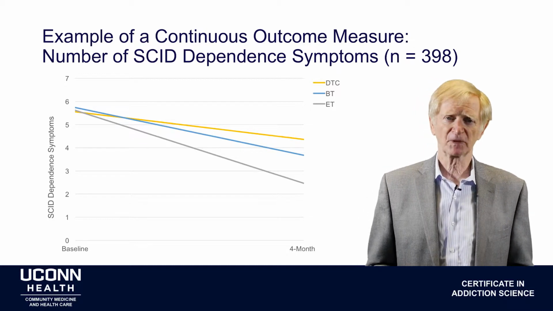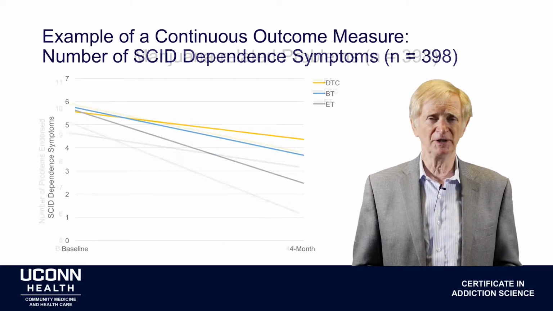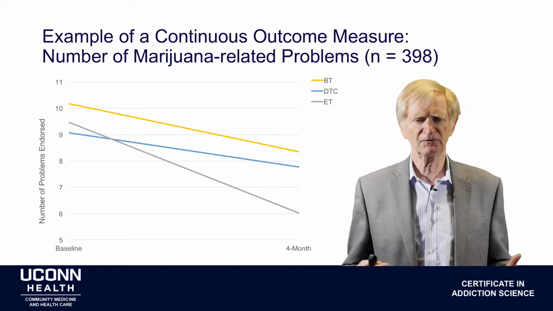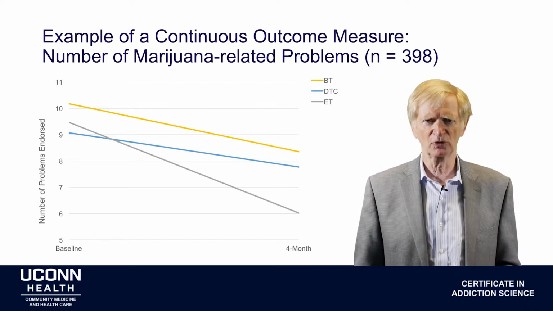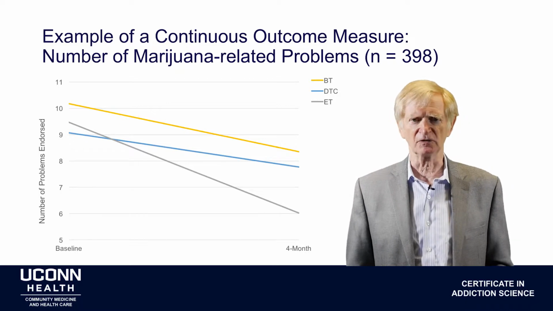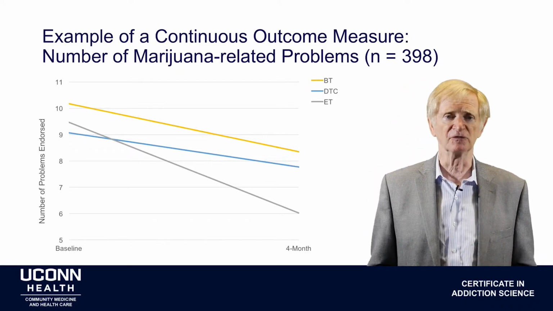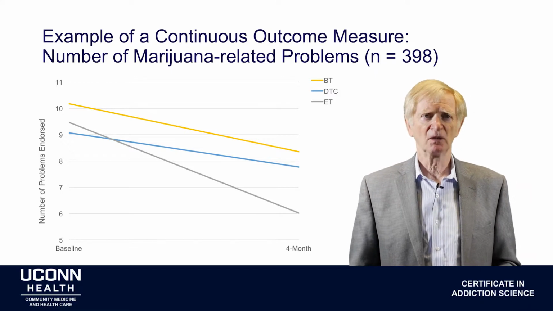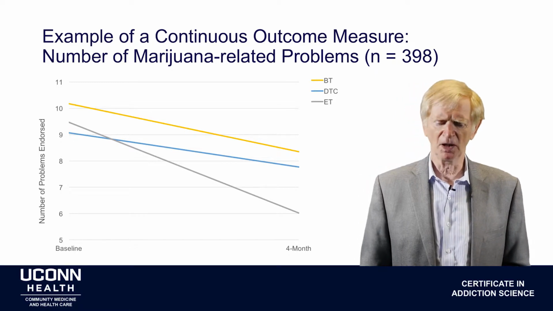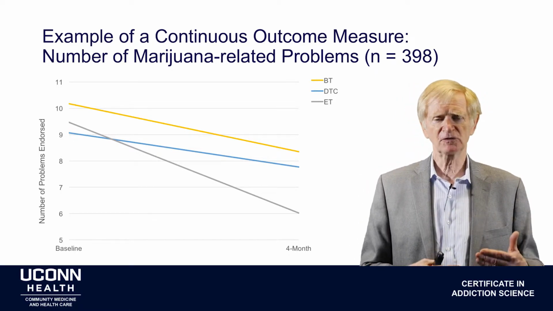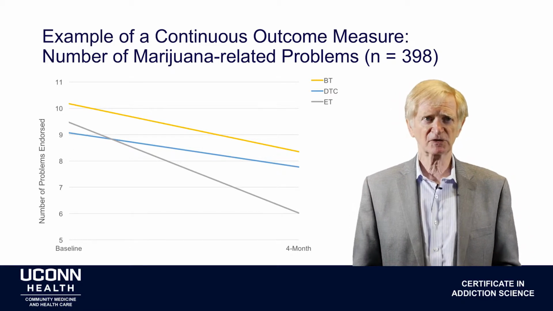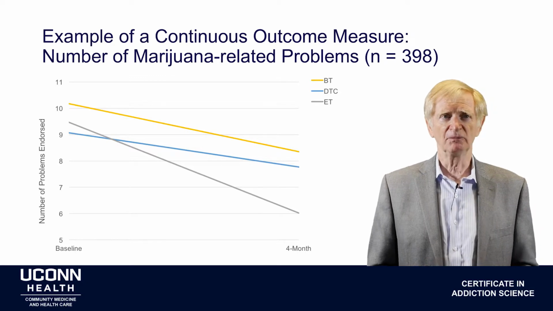Another way of looking at outcomes is in terms of the number of problems that people report, whether they wake up in the morning and they feel like going back to bed or they get out and go to work, whether they have a problem taking care of ordinary activities, like taking care of their kids or going shopping, whether they feel tired or depressed or lack energy.